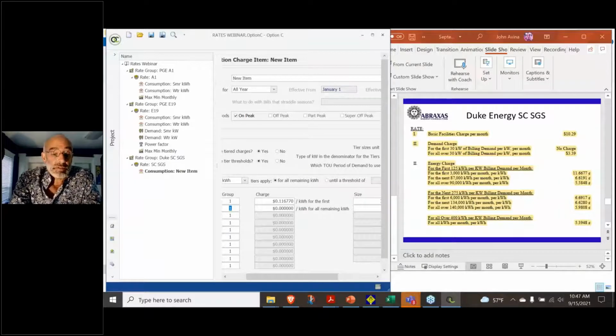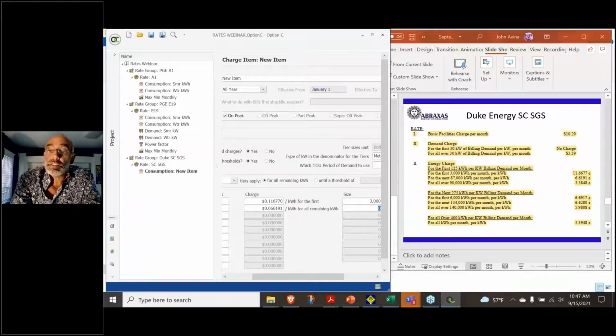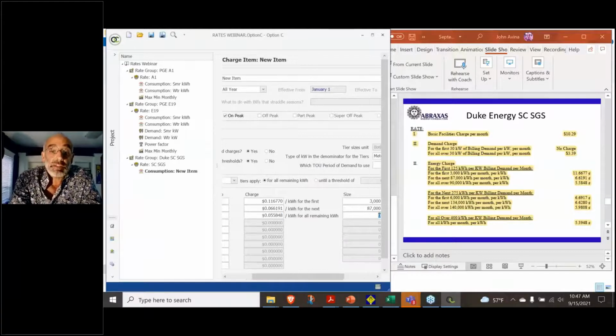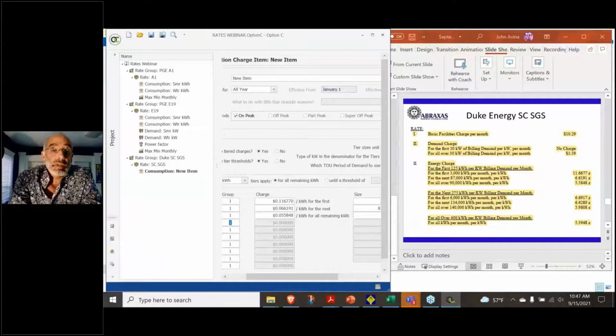Okay, this is still group 1. And then this one is 0.066191, and this size is 87,000. Still group 1. This is 0.0558848, and this is for everything else. Group 2, and then,